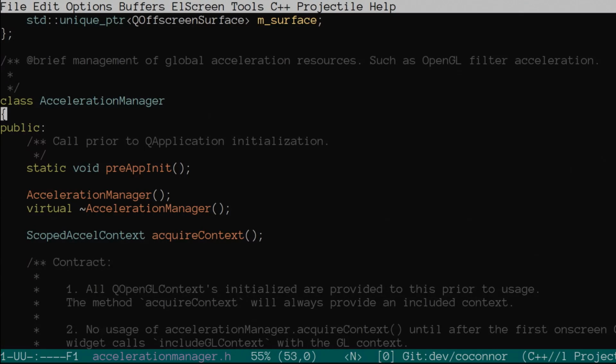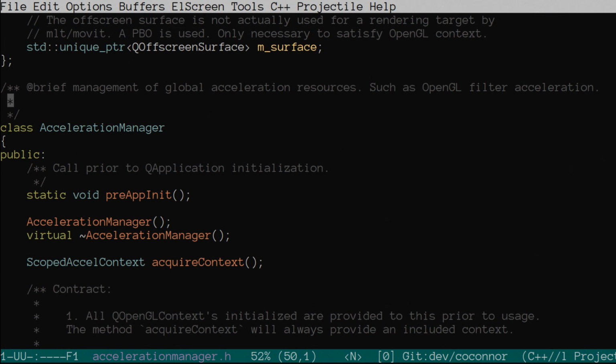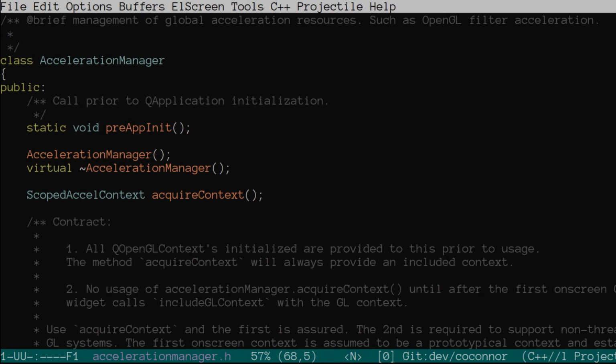is getting OpenGL filters working on kdenlive, which is a large part of just managing OpenGL contexts, or in this case I'm just going to call it acceleration resources for MLT. MLT kind of delegates to the application to do so. I think it's missing one or two things, but for the most part it just delegates to the application, and kdenlive, being an application that uses MLT, needs to ensure that the OpenGL context is appropriately established before requesting rendering